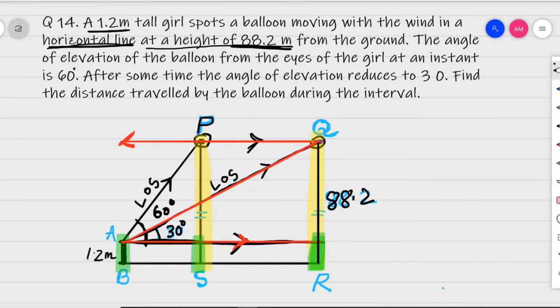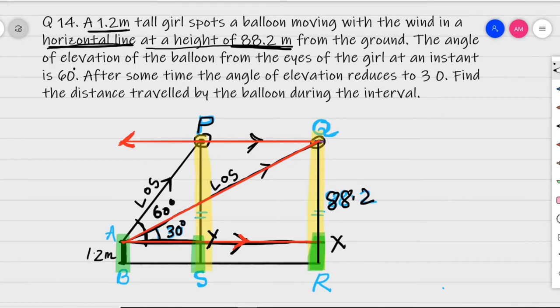First of all, children, let us name this as AX and this as AY. Now this is AY and this is AX. From here you can see that you have two triangles formed, AXQ and AYP. Now from here you have to find out how much is your QX or PY, whatever it is.